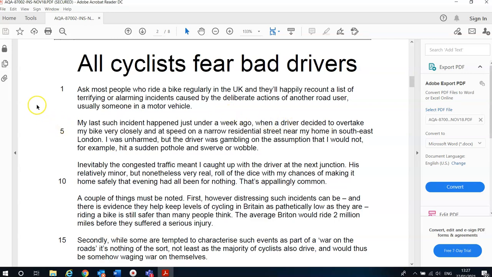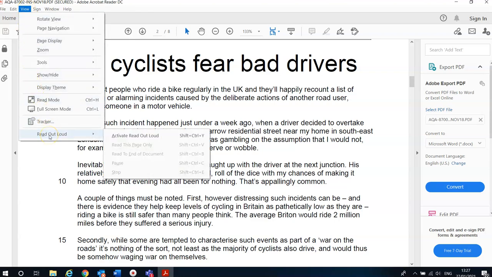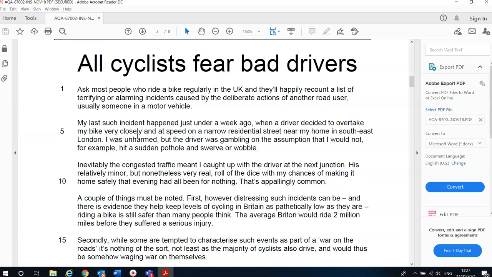So having got the document up on the screen, you then click on the View option. Down the bottom of the drop down, you'll then have Read Out Loud, and simply click on Activate Read Out Loud. Having done that, if you then click on the section you want it to read, it will then read